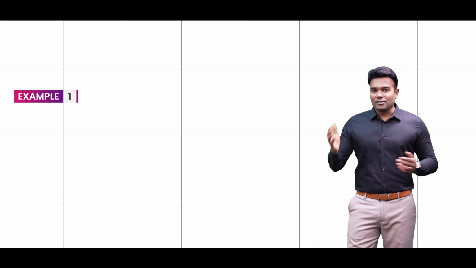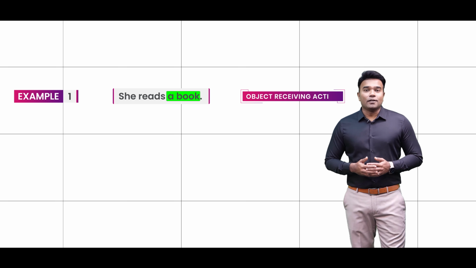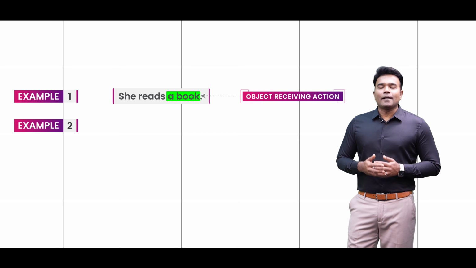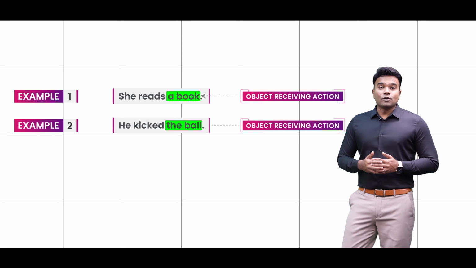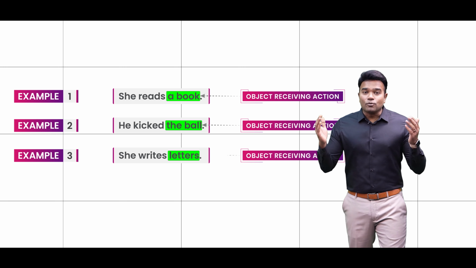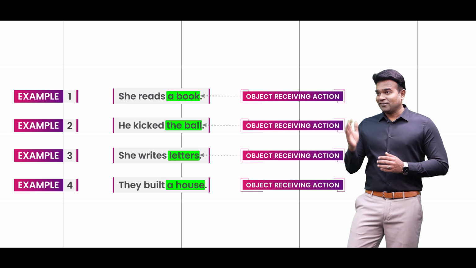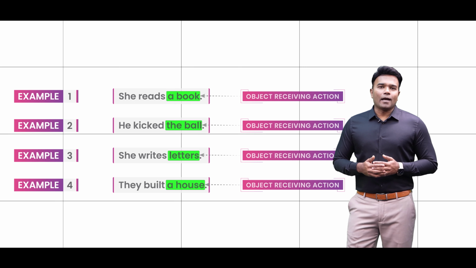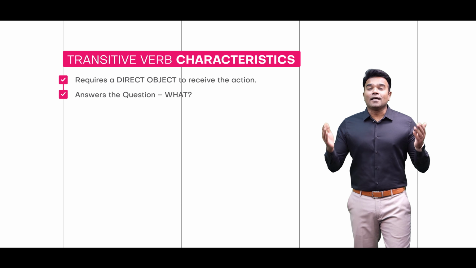Well, in the first case, she reads what? A book answered the question of what. In the second case, he kicked what? The ball answered the question of the what. In the third case, letters addressed the question of what, and in the fourth case, a house addressed the question of what. All said and done, I am sure now the concept of transitive verbs is fairly clear,